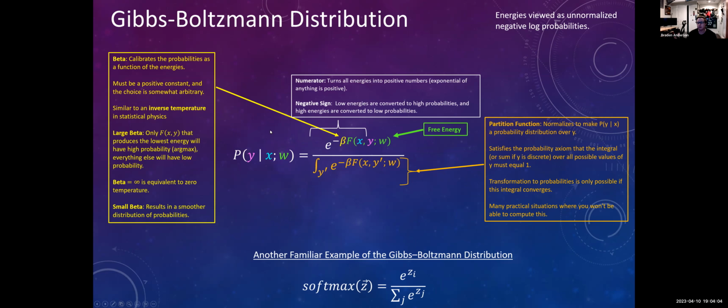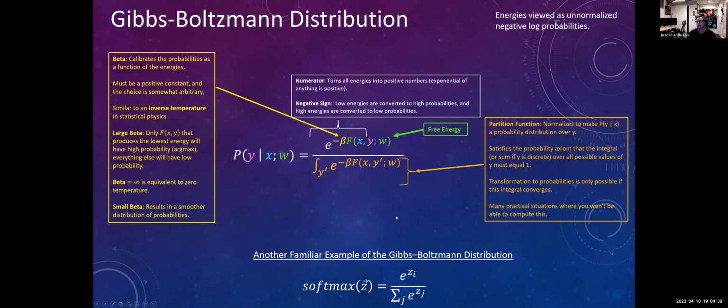Depending on the value of beta, you may end up with a situation where almost all probabilities are very close to 0 and only the one correct answer is high, or you could end up with something a little bit smoother, where many of the probabilities are not 0 but somewhere in between. Down here in the denominator, we have what's called the partition function, but really it's just a normalization constant. And this is important because it's at the heart of